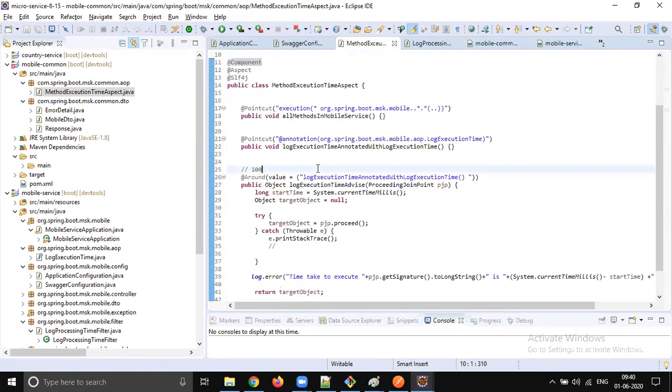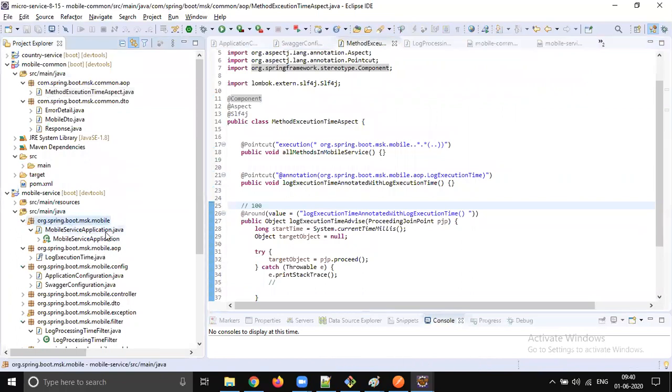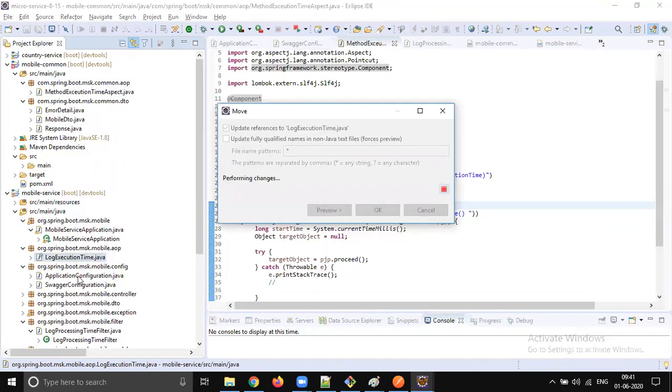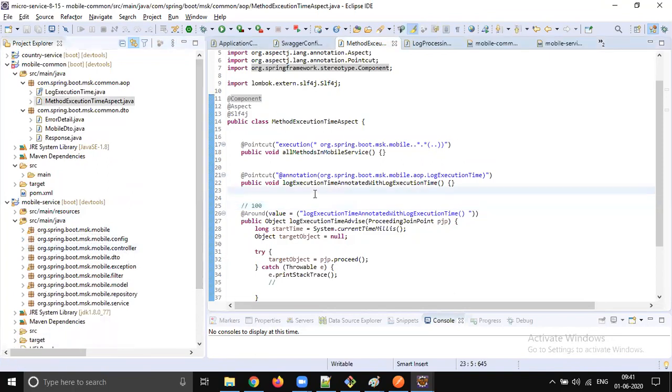We wrote some configuration for mobile service and that entire aspect code. So let's move this annotation also. We don't need this AOP in the mobile services, so we moved it there.